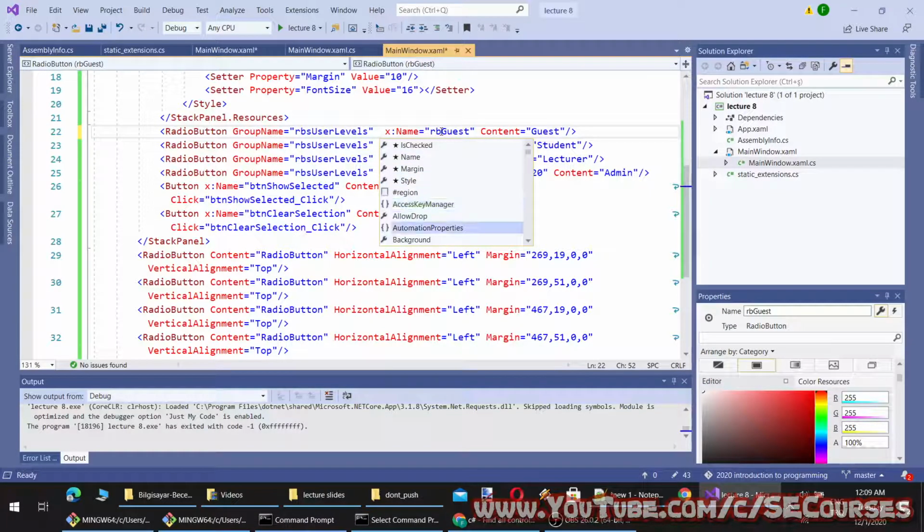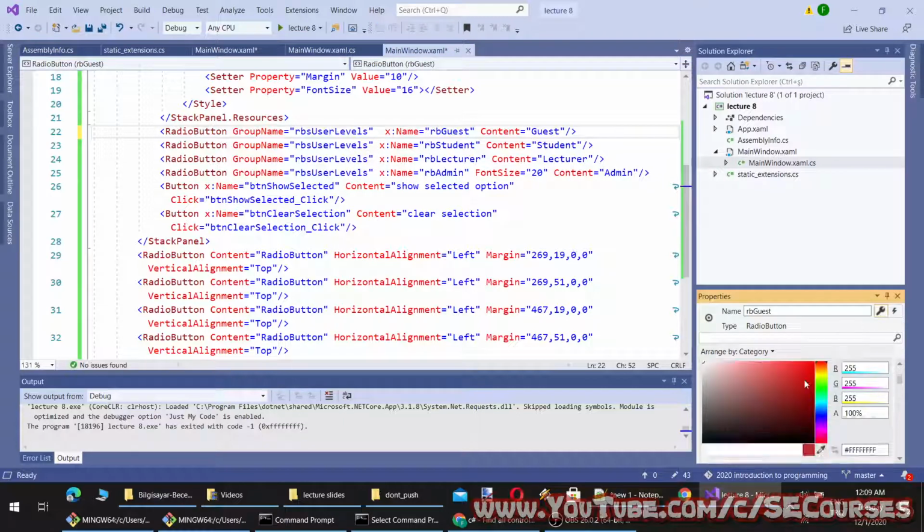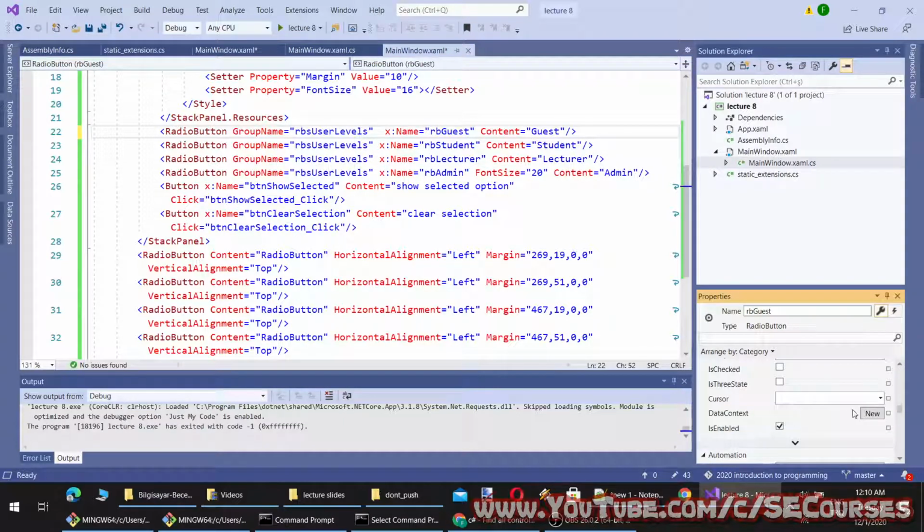What was the name of the value? Okay, data context.